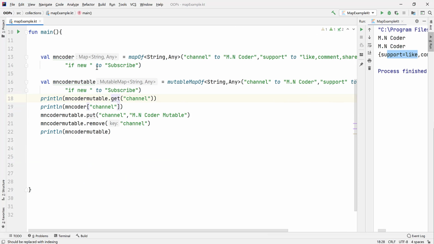And this is the way of creating a mutable or immutable map in Kotlin. So there are more ways to create a map in Kotlin with the help of Java map functions. There are three. So one of them is